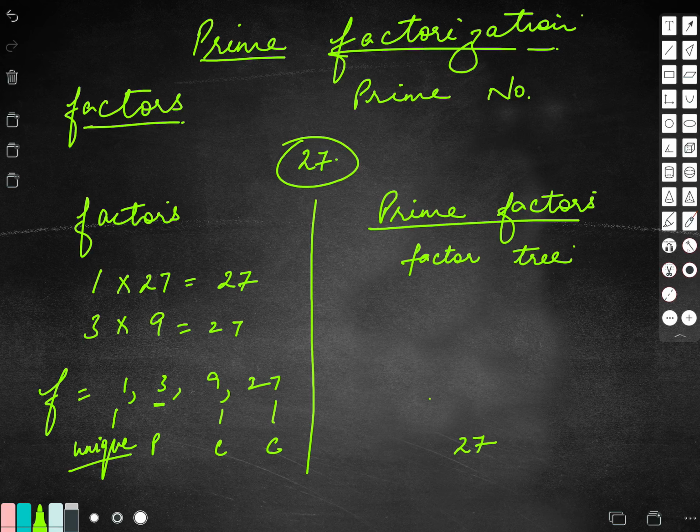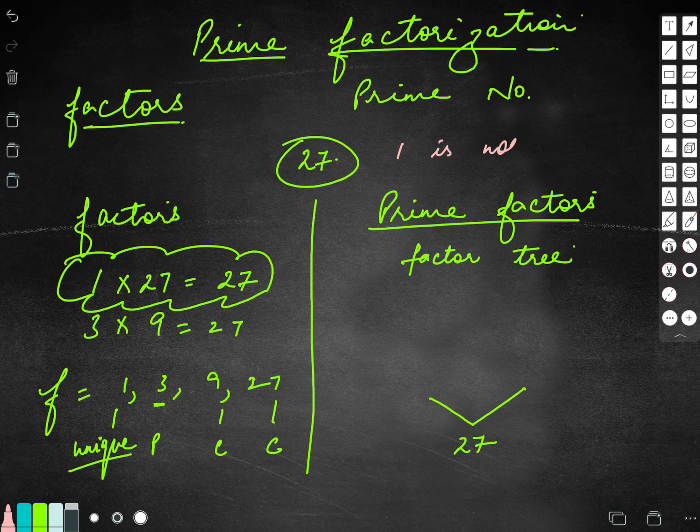You know how the tree grows? It grows in the branches. Now children, this particular factor pair, 1, I will not take. Reason? 1 is not a prime. Because 1 is not a prime, I will not take 1 as its factor. Now children, 27 comes in the table of 3 and 3 is prime also. So when I divide 27 by 3, I get a quotient, it is 9. Now tell me which is prime and which is composite. This is prime. 9 is again composite.